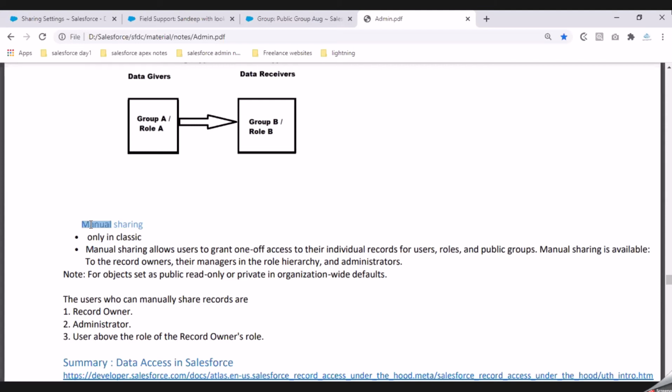If it is a bulk of records that you want to share with a group of people, then you'll go with your sharing rules. The key difference between sharing rules and manual sharing is, if you want to share a bulk of records with a bunch of users, you'll go with sharing rules. If you want to share one record with a group of people, that is where you'll go with manual sharing. One common scenario that we all can agree upon is, in case a person X is going on leave,